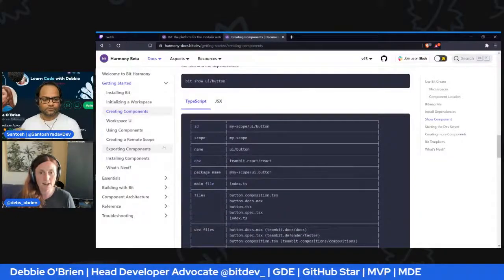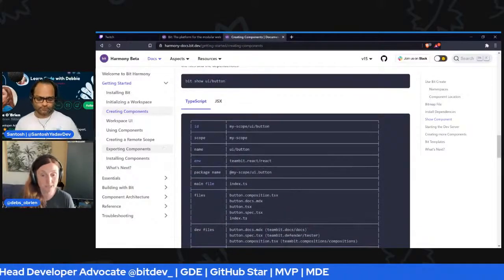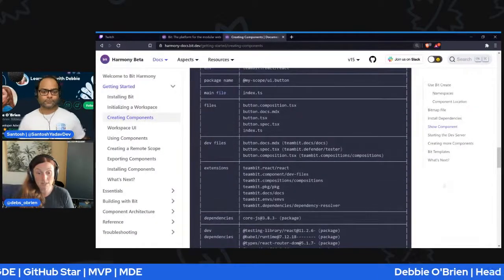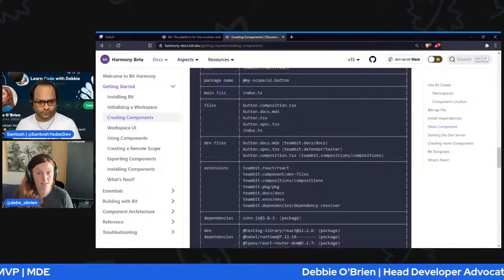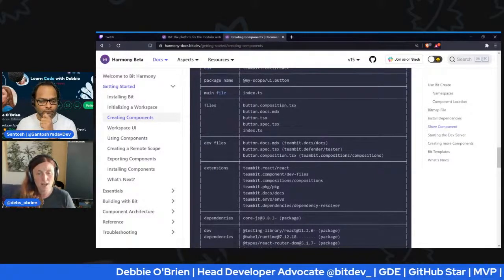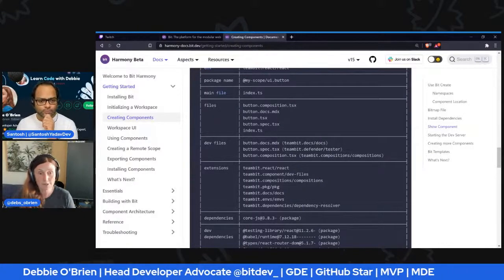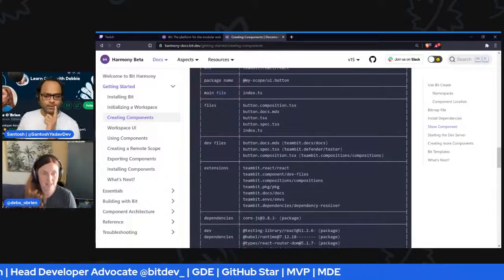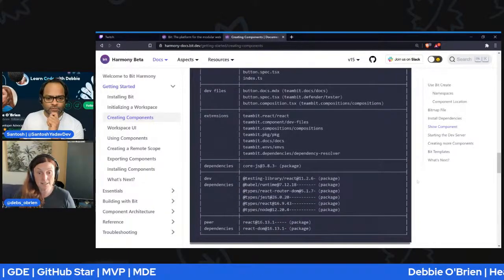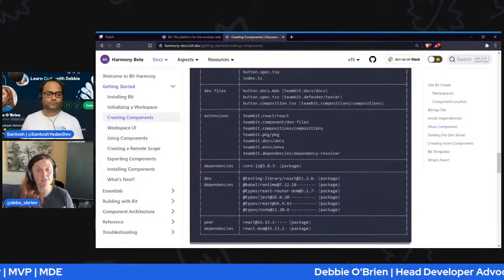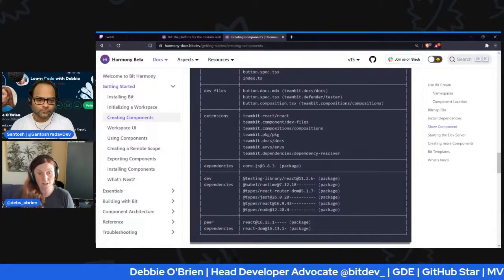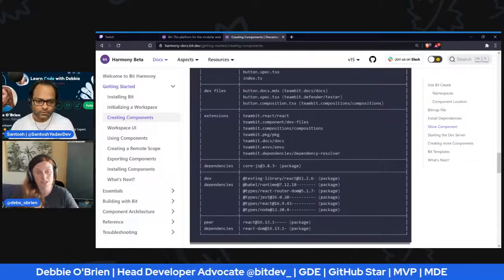You can see the files that were created: the button composition TSX, the button docs MDX, which is for the documentation of your component, the button TSX file, the button spec file for the tests, and the index. It doesn't create the CSS file because you need to create that yourself, based on whether you're using Sass, or just CSS, or whatever. This generator can actually be extended, so you could even create your own generator and generate your own files the way you want them generated. Maybe you want to always generate a Sass file, right?